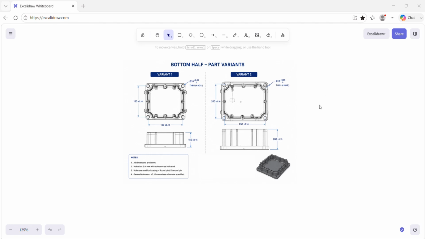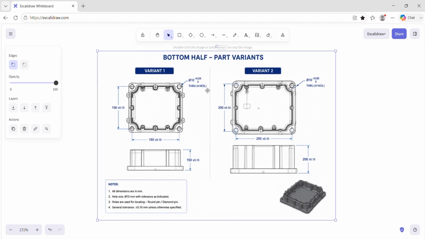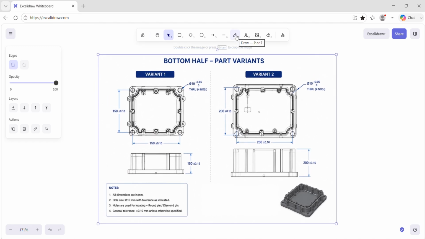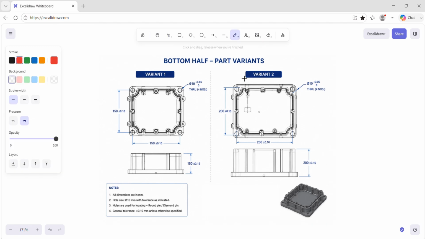Now before going to that, what is important is the drawing of the parts. Here we can see this is something which we have received from the customer, and these are the two part variants. What are the important things we need to look at? First and most important, we need to check the controlled dimensions on the part. What does it mean, controlled dimensions?